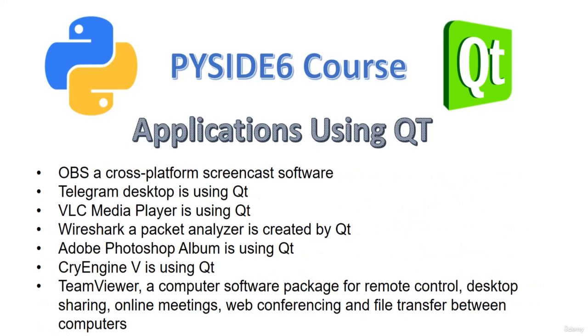Now, there are different applications that are using Qt. For example, we can say OBS, a cross-platform screencast software. OBS is using Qt. Telegram Desktop is using Qt. VLC media player. We have Wireshark, a packet analyzer created with Qt. Adobe Photoshop Album is using Qt. CryEngine V, a game engine,